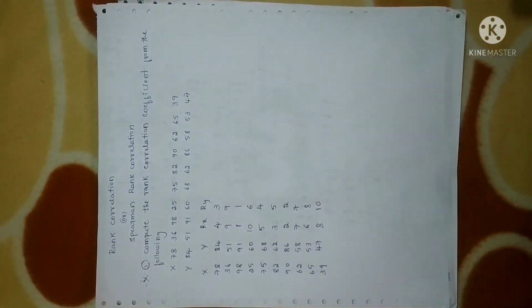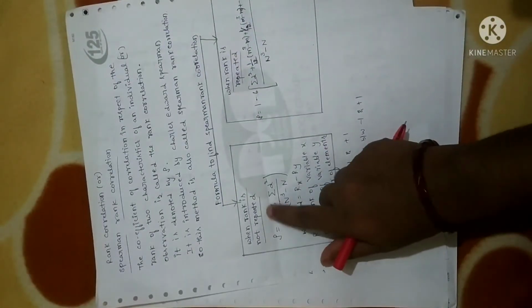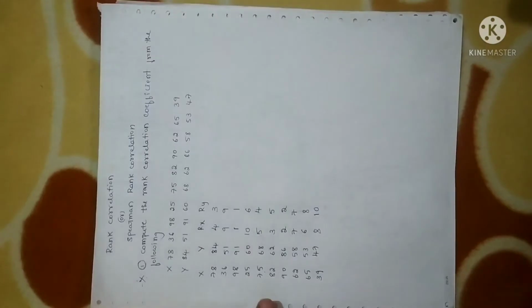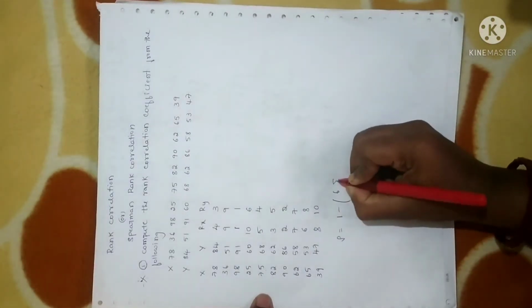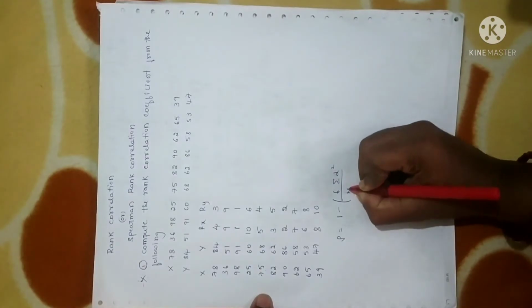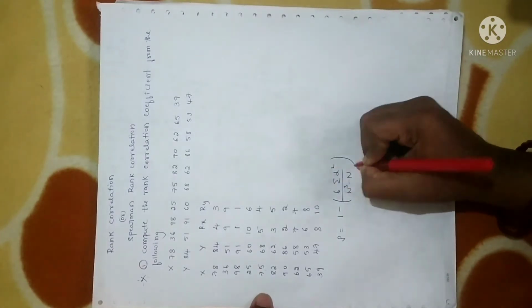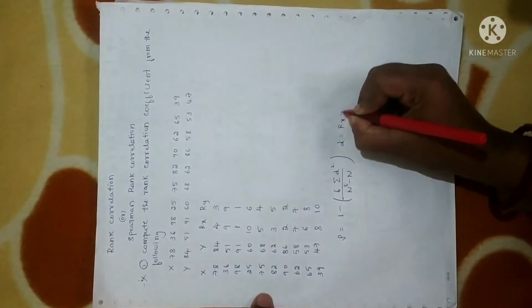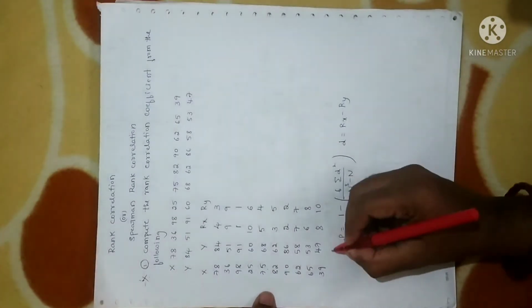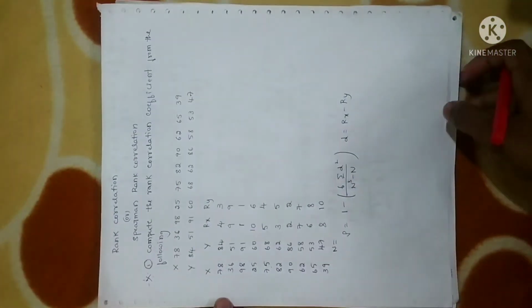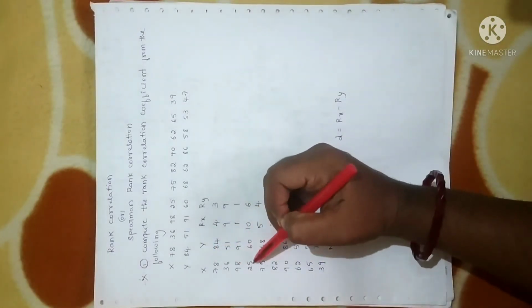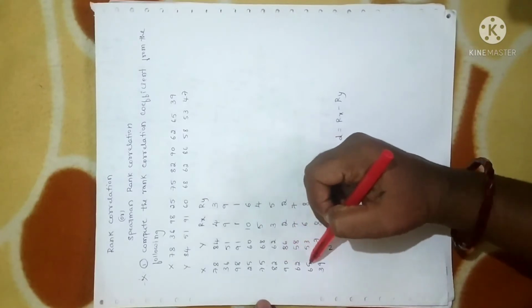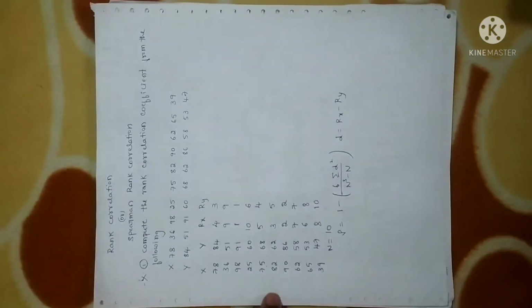So as I already told you, if there is no repetition of rank, you can use the first formula. So when rank is not repeated, you have to use this formula. Let me write the formula here. It is given by rho is equal to 1 minus 6 times sigma d square divided by n cube minus n. As I already told you, d can be calculated using the formula Rx minus Ry. Now we need to determine the n value. It is none other than the number of data given. You just count the number of data: 1, 2, 3, 4, 5, 6, 7, 8, 9, 10. So in this problem also the n value is 10.